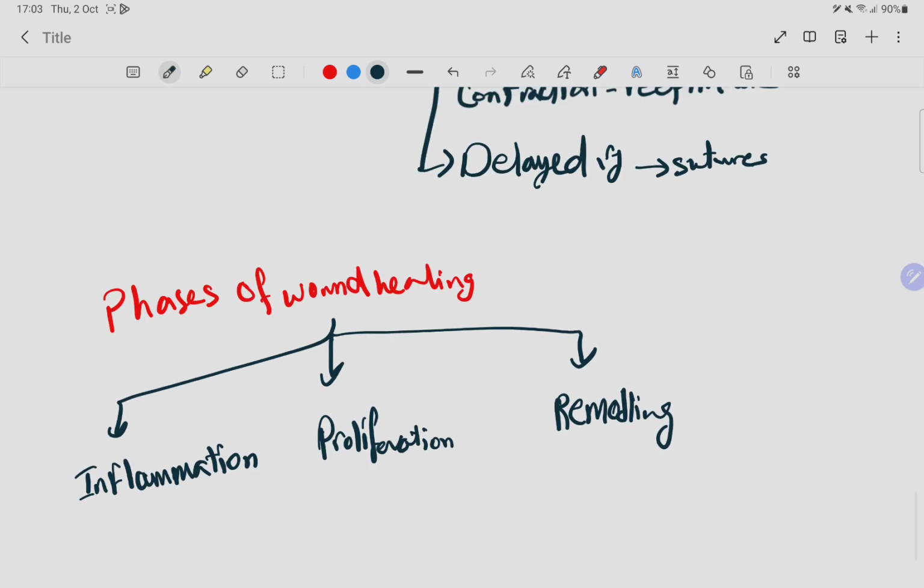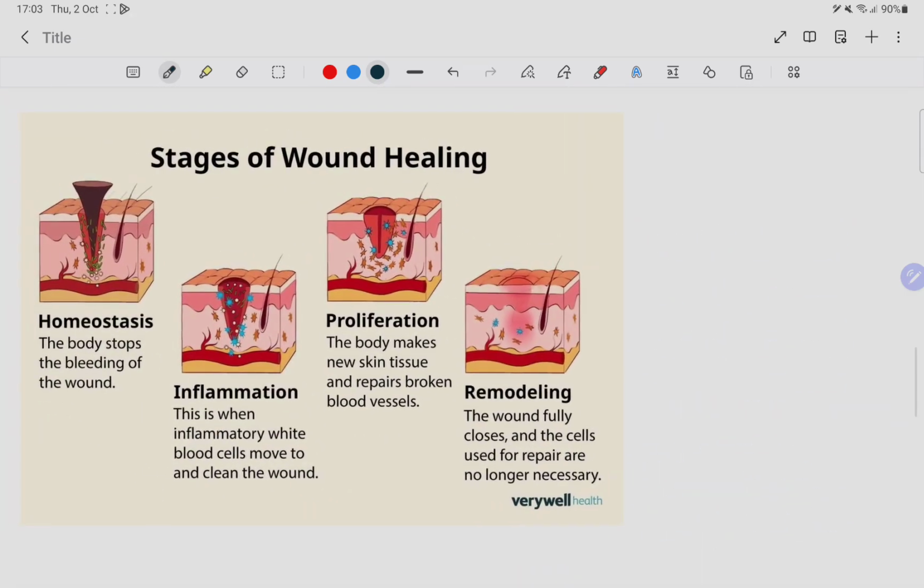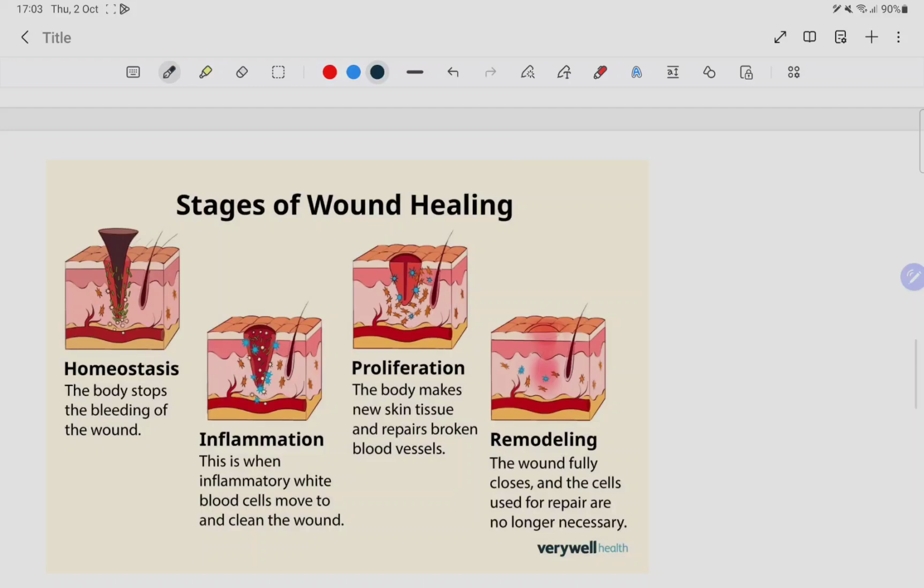Let's talk about inflammation. Before the inflammation occurs, there is also homeostasis, and homeostasis is the body trying to stop bleeding of the wound. Let's talk about the first actual phase of wound healing, which is inflammation. The phase of inflammation starts in the first 2 to 3 days,